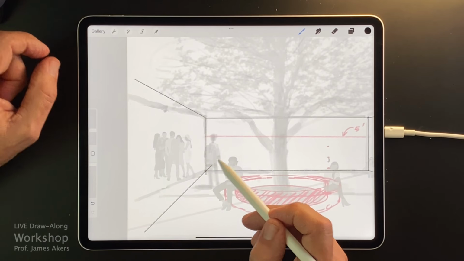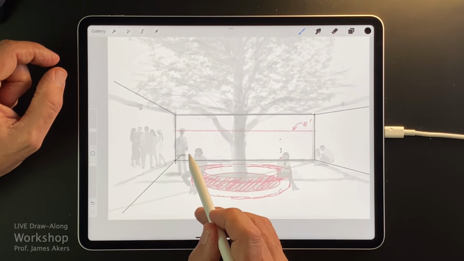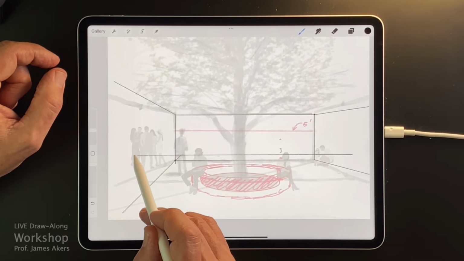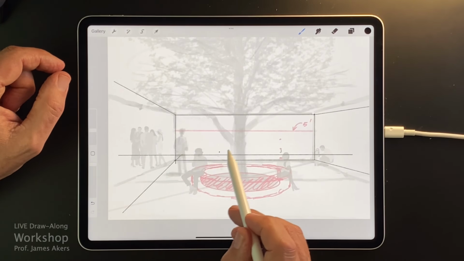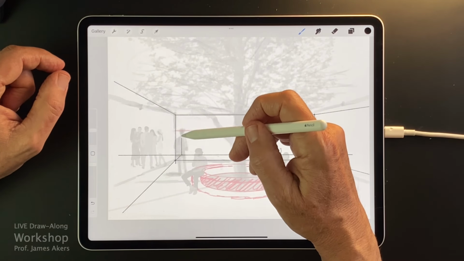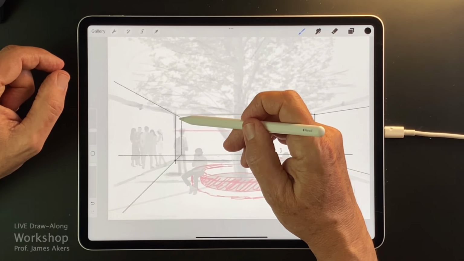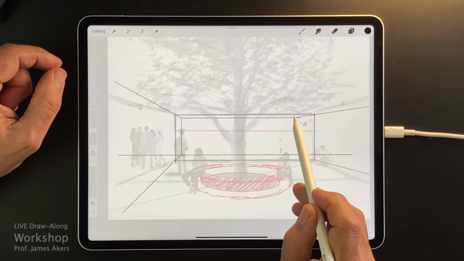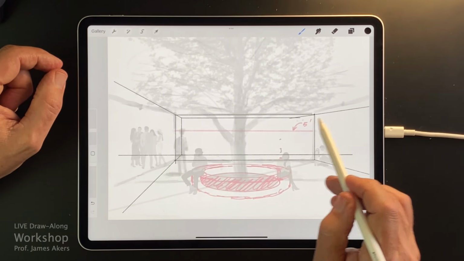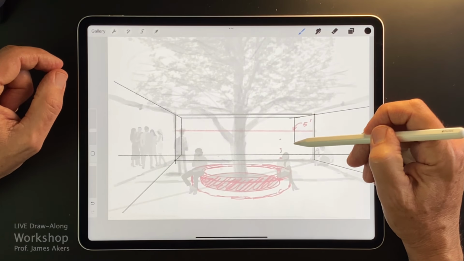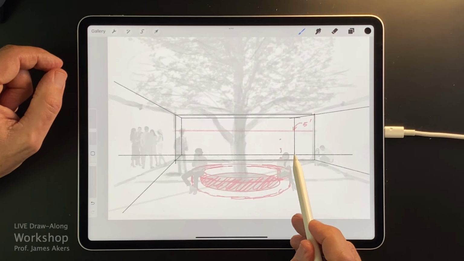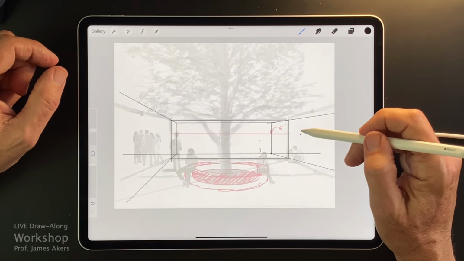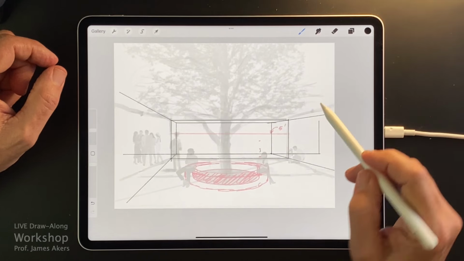and it's starting to look like a Barcelona pavilion by Mies van der Rohe. Now I'll give a little depth back in there of this walkway, and I'm just eyeballing that for the moment, but I'm going to think of that as the line of the building behind. And I'll draw a guideline up here, and the first joint in that ceiling will be there, and then this joint is going to be much further over because this is more perspectively flattened, and this will join that. So some of these may be a little off, but you'll definitely get the idea from this.